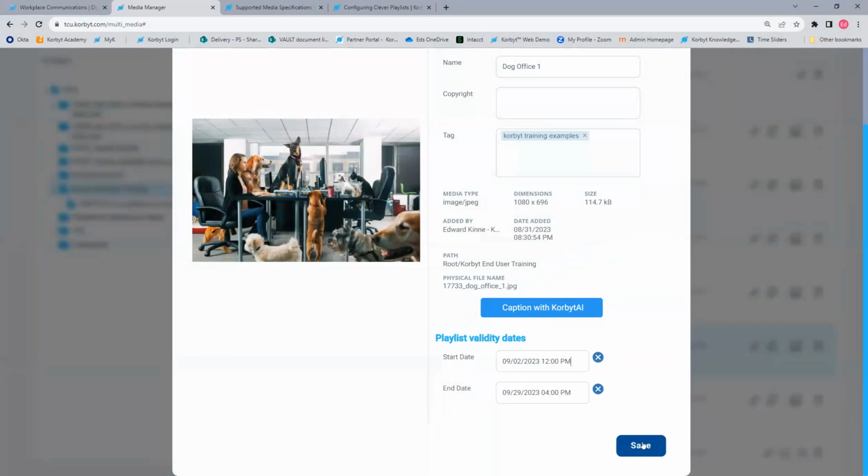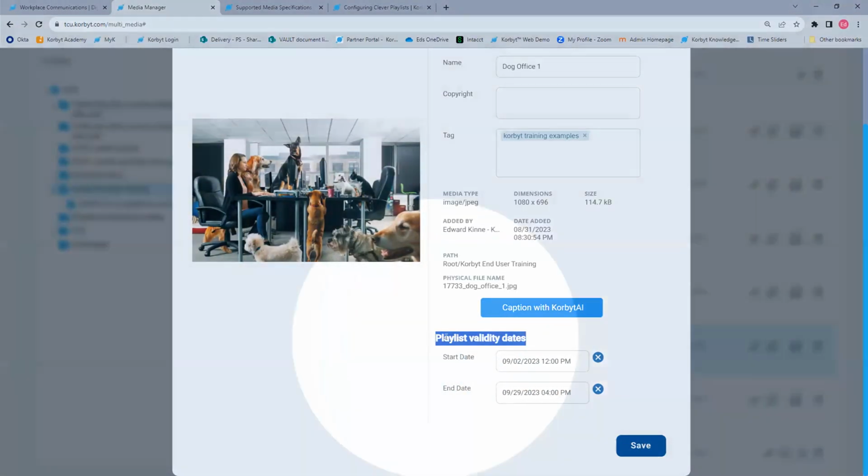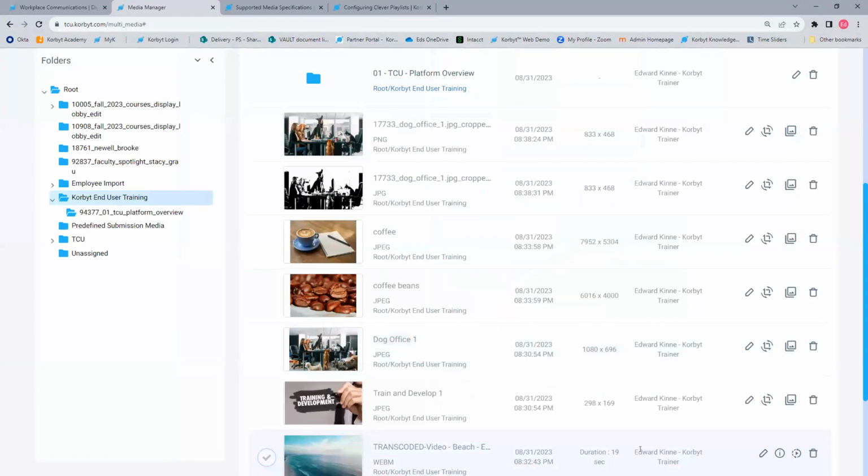These validity dates, though, don't tell it what screen it should go to, or how long it should be seen on that screen. This is a very high level control tied to the item, so that no matter who draws it into a playlist or tells it where to show up, it knows these details about itself. Thank you. Yep, it's a great question. And that's the exact use case of those validity dates. Start and stop it without the need for manual intervention at that minute.